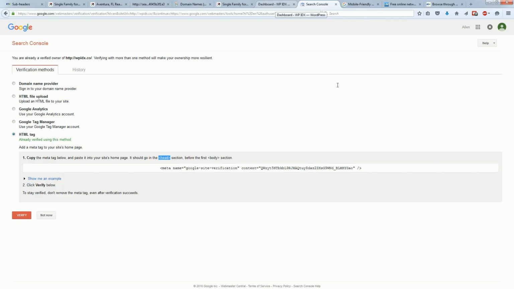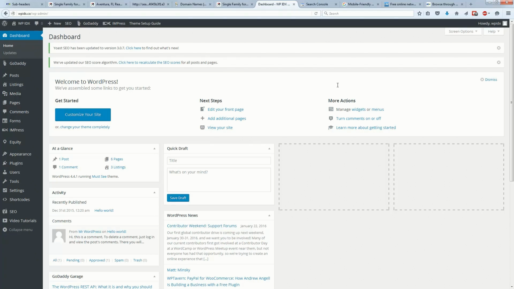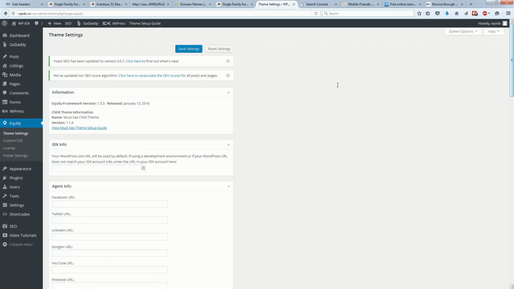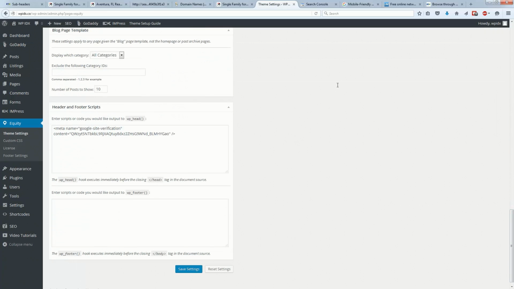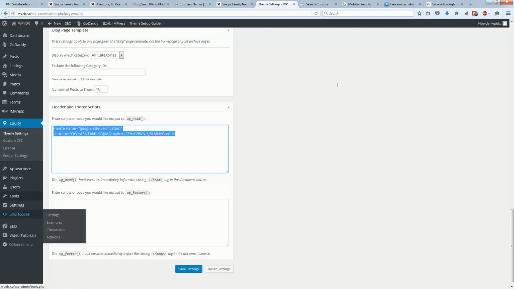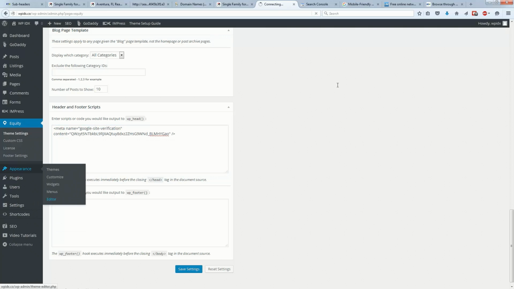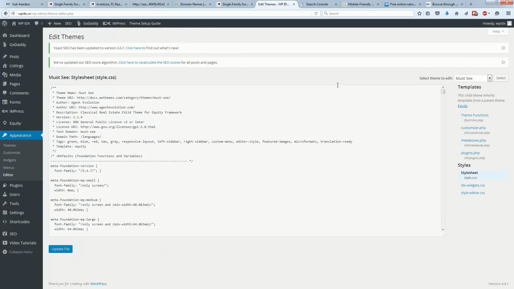In our case, I'm using a WordPress install with Agent Evolution using Equity. So this process is much easier for me. If I go in and I log into my WordPress dashboard, I can just go to Equity, go to Theme Settings, scroll down to the bottom, and I can put that code in my head section just from dropping it right here. Now, in some cases, you may have to actually edit your theme or your head portion of your site,